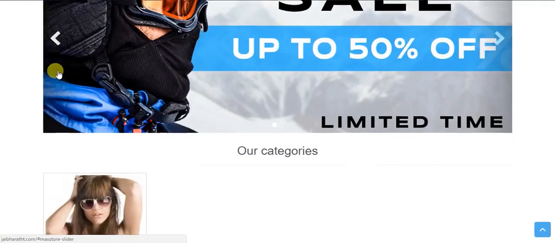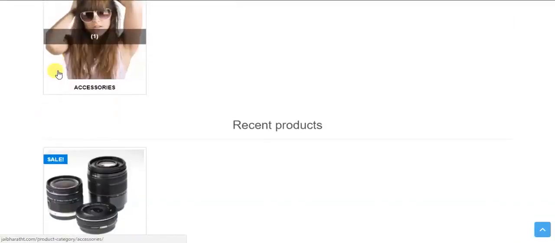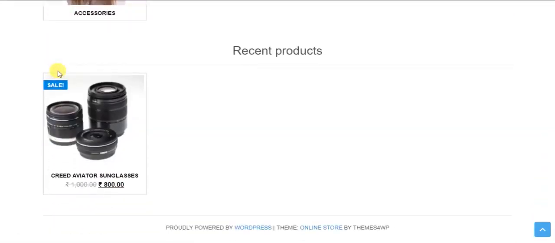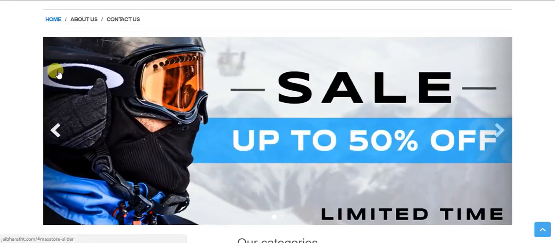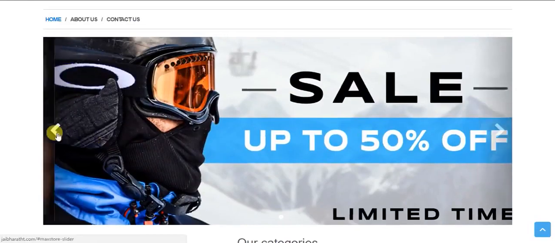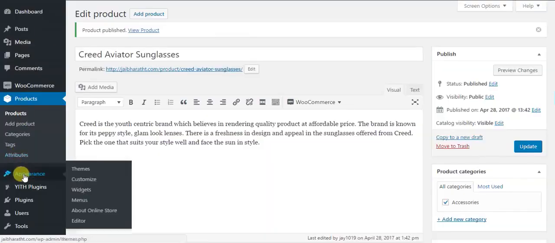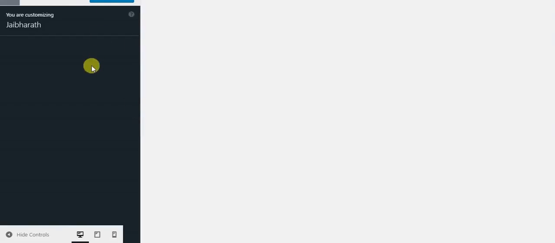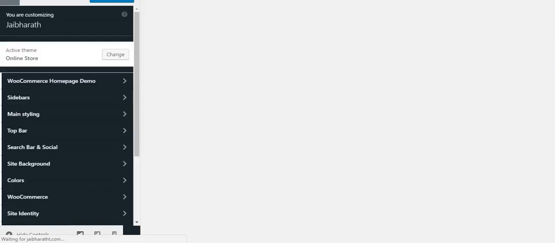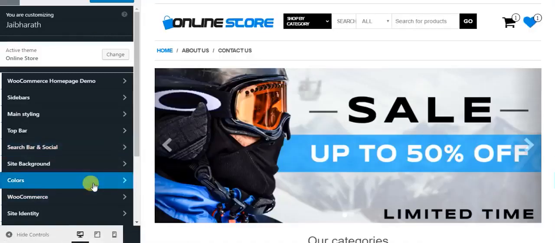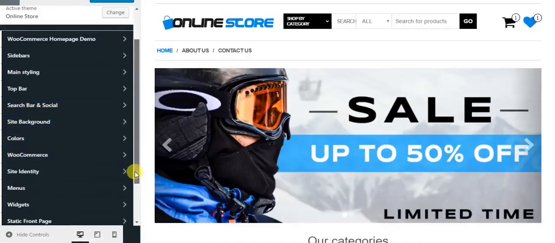You can add any number of categories and any number of products, and they will be shown in recent products, and the categories will be shown here horizontally. And of course, you can update these sliders as well. You have to go to Appearance, Customize, and in the Customize window, you will have the option for these sliders. So you have to just come down and